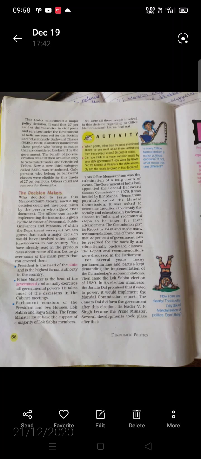Clear? Then what was the reaction of the people at that time? Let us see. It was the most hotly debated issue in the country. Newspapers and magazines were full of different views and opinions on this issue, which affected thousands of job opportunities. It led to protests and counter-protests, and some of them became very violent also.